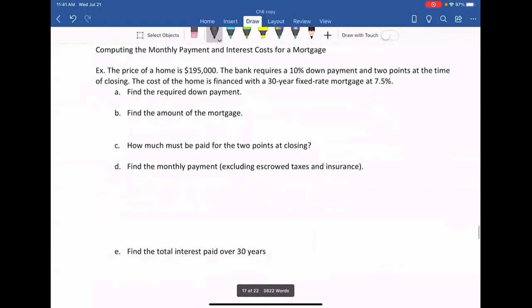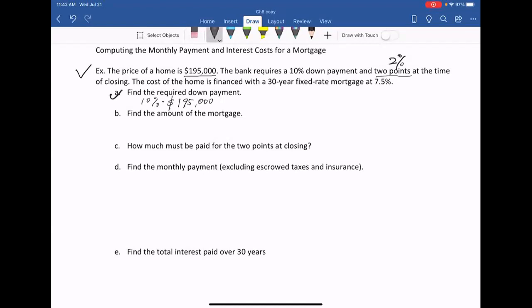Let's see the example. In this example, the price of a home is 195,000. The bank requires a 10% down payment and 2 points. 2 points means 2% as a closing fee at the time of closing. The cost of the home is financed with a 30-year fixed rate mortgage at 7.5%. The first question is to find the required down payment. The down payment is 10% times the home's price,